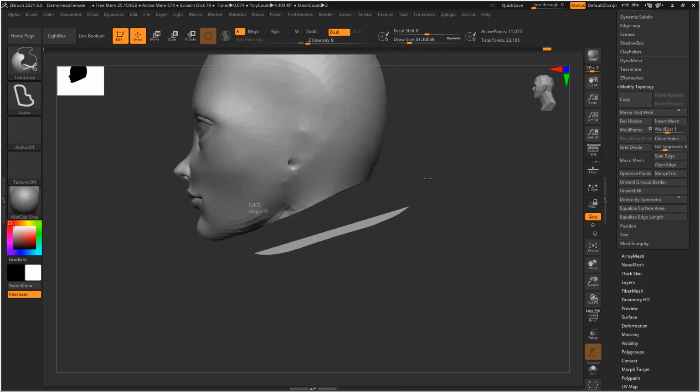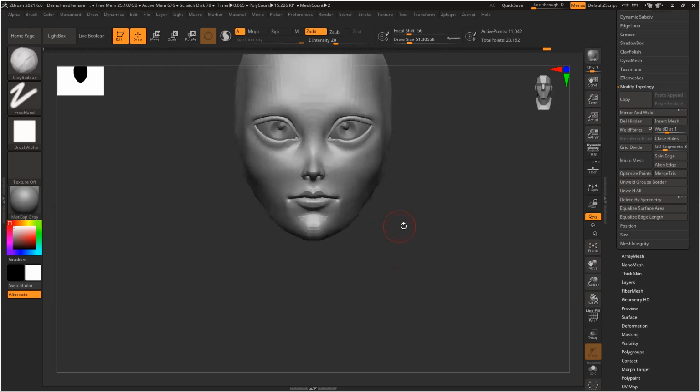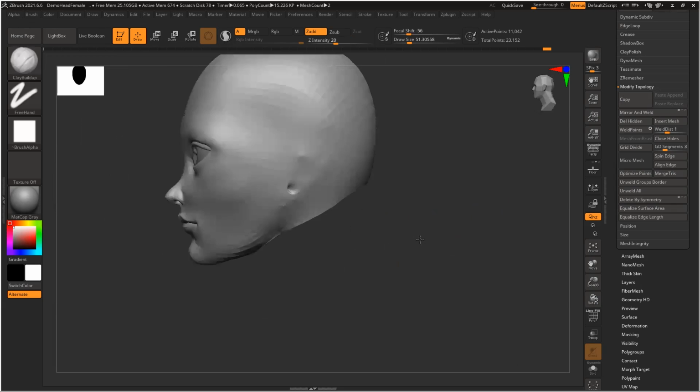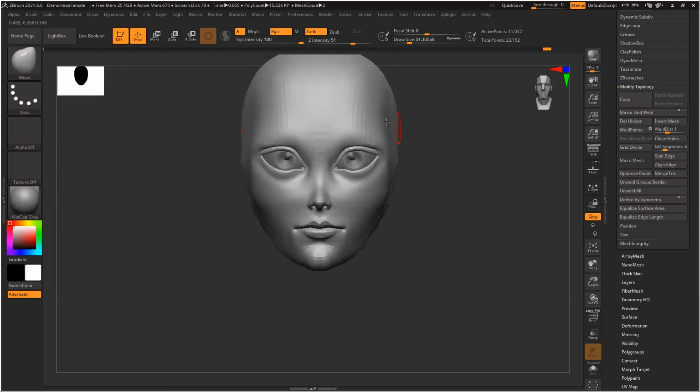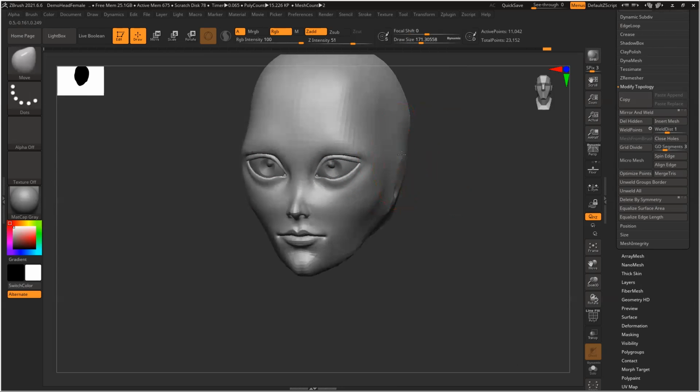Oh, sorry. Cleaner. I just use the base mesh just to block out. So you can see most of the things I have removed or changed.